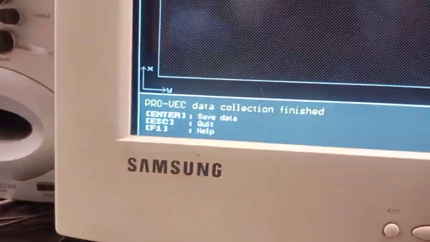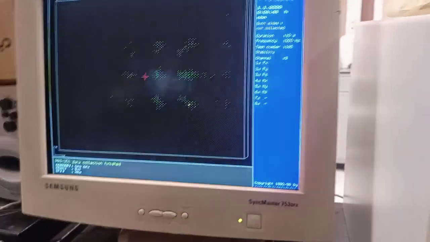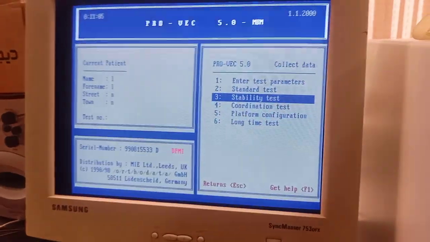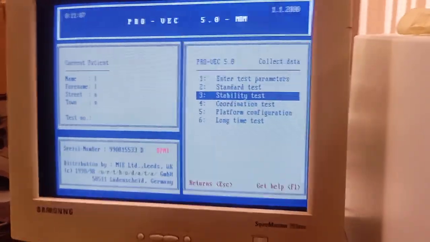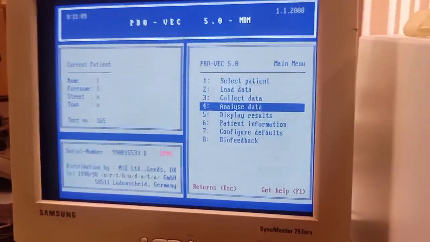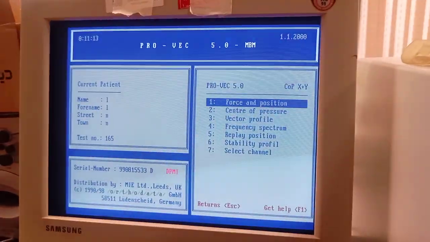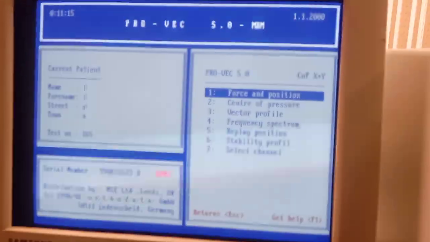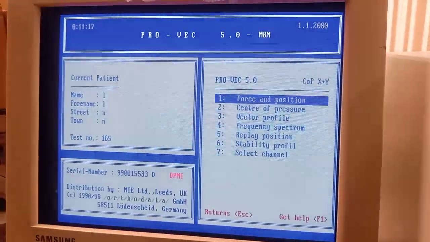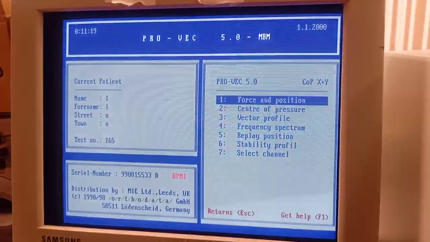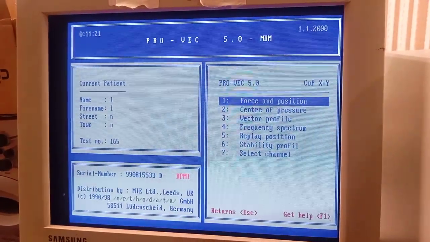Here you can see we can save the data, quit, or go to help, and yes, then we can also choose any coordination test or something like that. We can also analyze data: force and moment, center of axis, center of pressure, force and position. So center of pressure, vector profile, frequency spectrum, replay position, stability profile, and select channel. So let's see force and